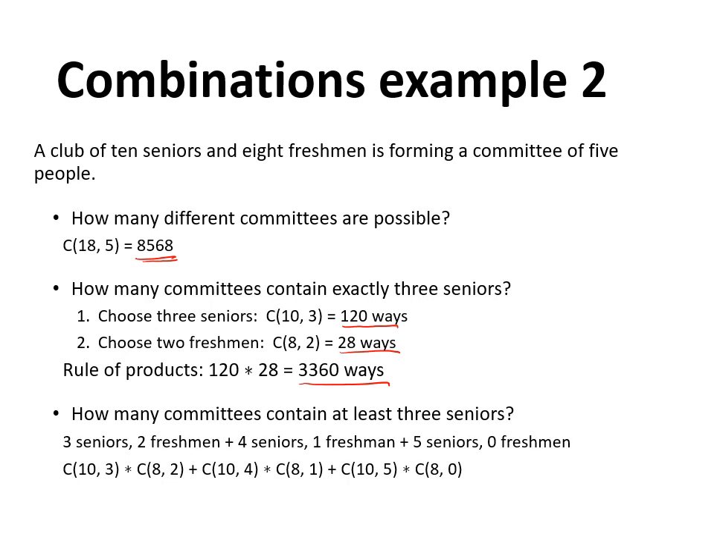Finally, how many committees are there that contain at least 3 seniors? One way of doing this is to solve how many committees there are with 3 seniors and 2 freshmen, 4 seniors and 1 freshman, and 5 seniors and 0 freshmen. Then we add them up, because we're using the rule of sum here, and they're clearly disjoint. And so here's the expression that calculates